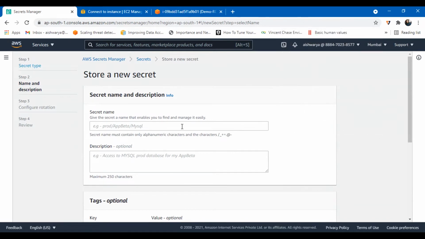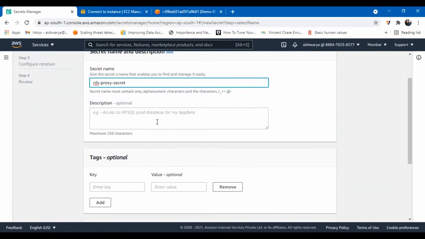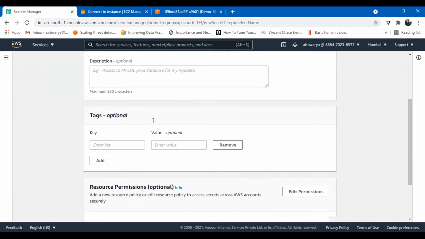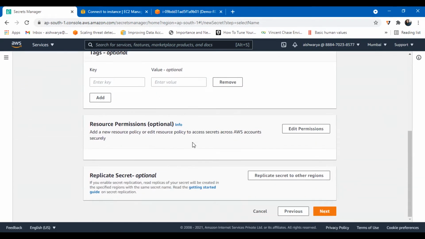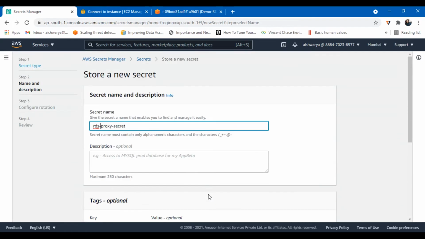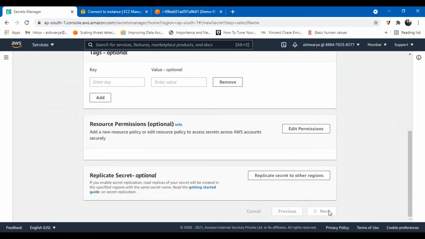So just give this secret a name. I will give it the name RDS proxy secret, whatever we want. And then a description, if you want you can add one, otherwise it's optional. Tags can also be added, and other things you can change, but I'm leaving other settings as default.